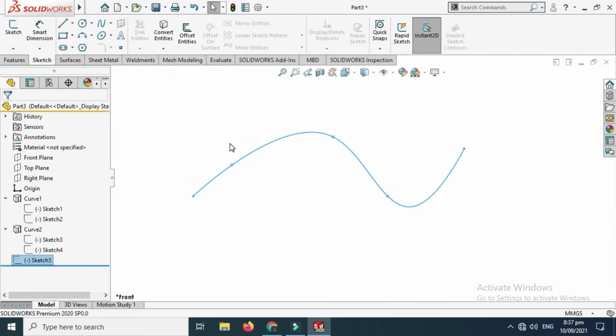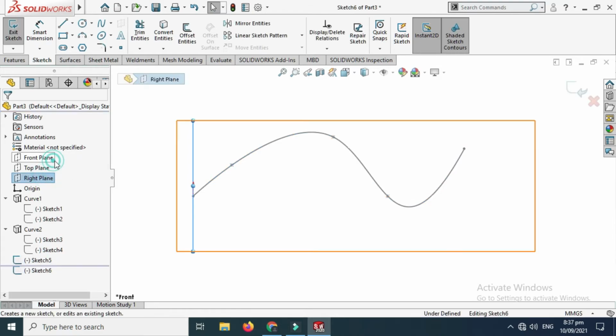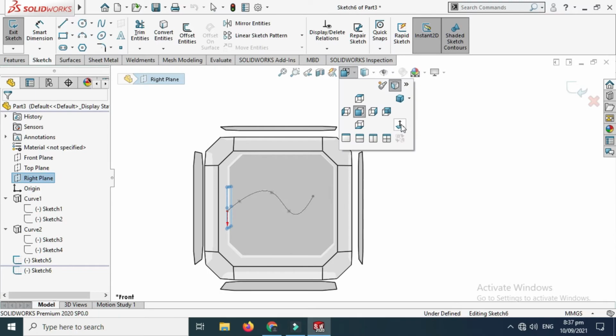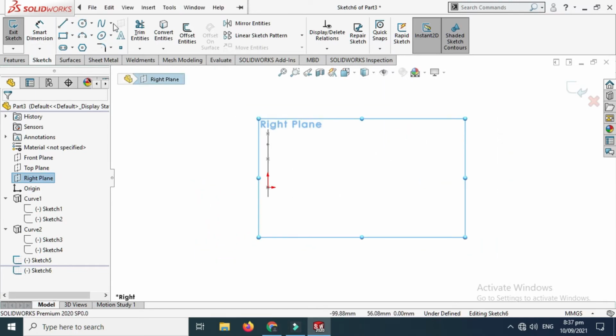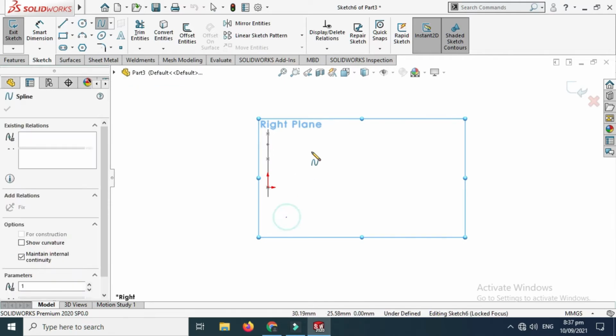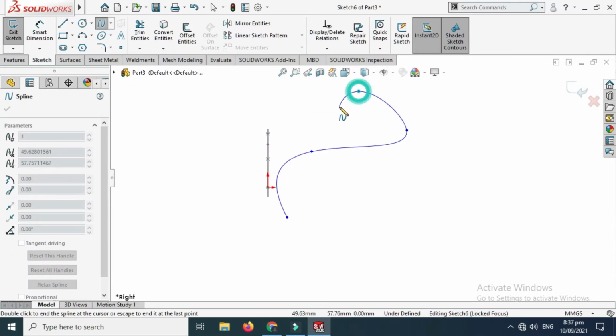Okay, let's say I want to make a sketch this time on right plane, which will be perpendicular to that front plane, right? And view normal, and I want to make a spline, a very rough spline,